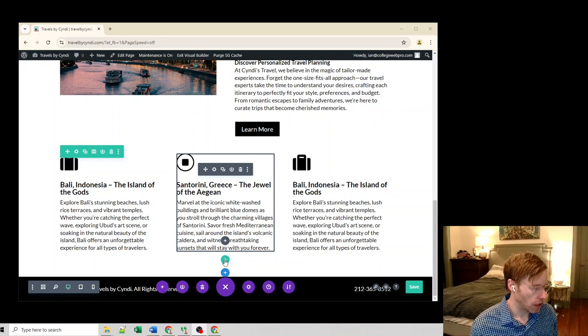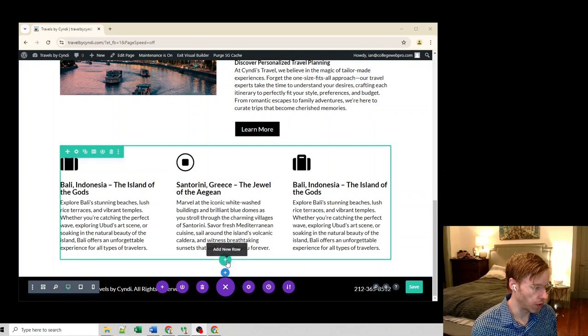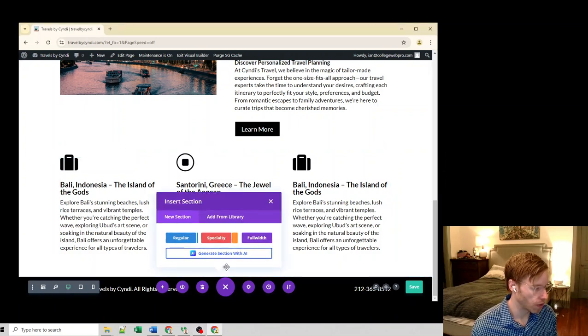These plus signs let you add new sections if they're blue. If they're green, you're adding rows to the section that you're already on. So let's say I wanted to add a new section here. It'll ask you whether you want to add a regular section. Full width is all the way from the left to the right. Usually you're adding a regular section,